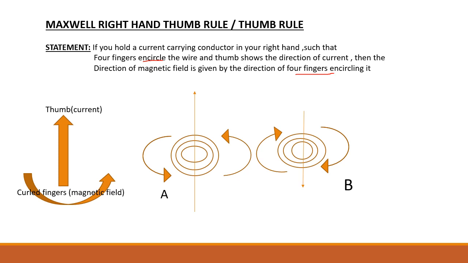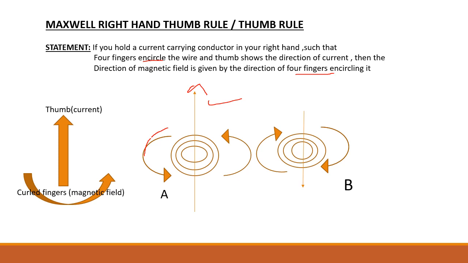So suppose this is a conducting wire, and the arrow mark shows the direction of current is in upward direction. So when current is passed in this conductor, a magnetic field is developed around this conductor in concentric circles. Concentric circle means a circle with the same center but different radius. And the pattern of the magnetic field, your finger will be like this. So the pattern of the magnetic field is in this direction, that is, it is anti-clockwise.